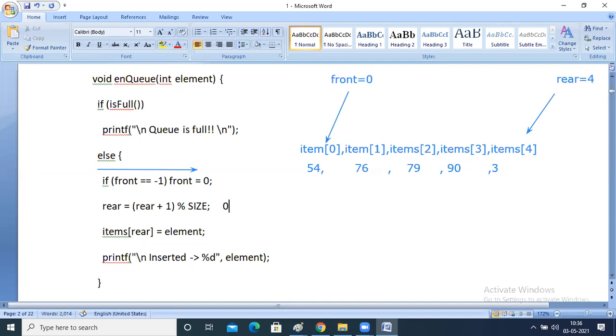For example, 0 mod 5, size is 5, it will become 0. 1 mod 5, it will become 1. 2 mod 5, it will become 2. 3 mod 5, it will become 3. 4 mod 5, it will become 4. Now see.